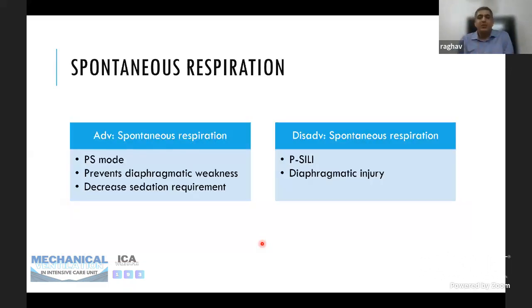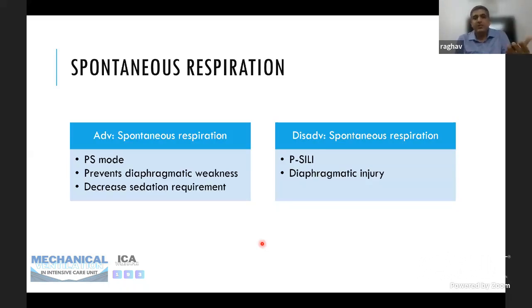So as soon as our patient with ARDS shows some improvement after controlled ventilation of 1 or 2 days, which is usually seen after 2 to 3 days, you should try giving a spontaneous respiration trial to the patient. The paralysis should be stopped, and he should be given the opportunity to breathe either with a SIMV mode, assist control mode, or pressure support mode.